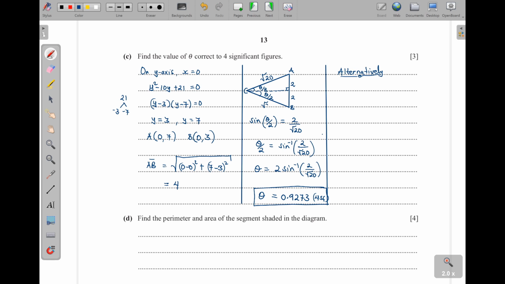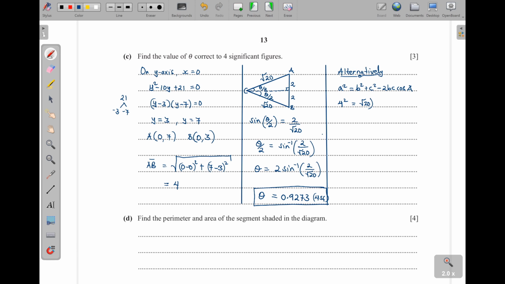Already, this one is root of 20. So we have a squared, which is equal to b squared plus c squared minus 2bc cosine of theta, or cosine of A, okay? Now, we need this angle here. So, when I'm substituting, A is the side that is opposite to the angle you are looking for, okay? So we shall have 4 squared, the whole of this,